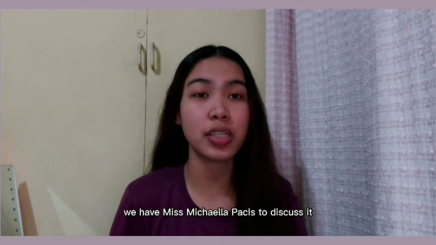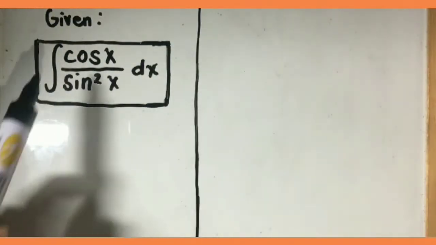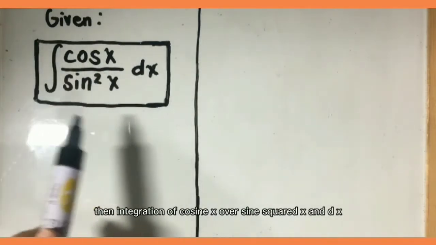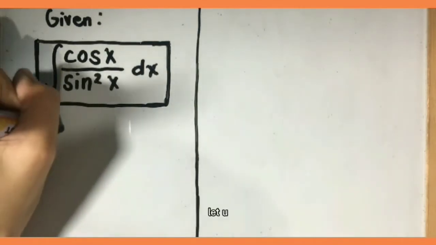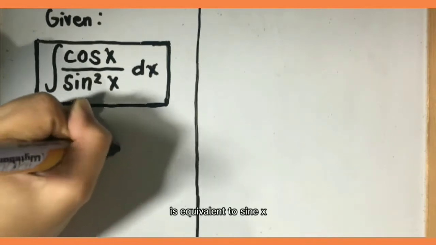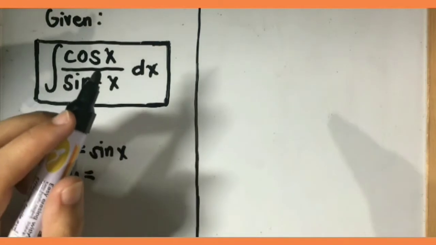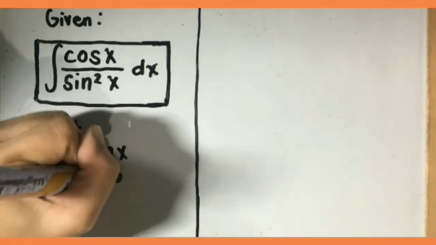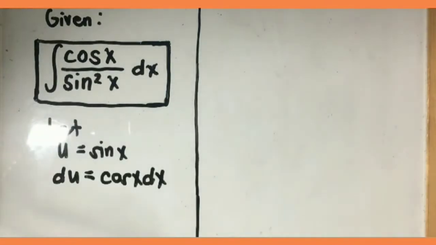So for the next function, we have Miss Micaela Pacis to discuss it. So here is the given problem: the integration of cosine x over sine squared x dx. Let u be equivalent to sine x, and du is equivalent to cosine x dx. All we're going to do is to integrate